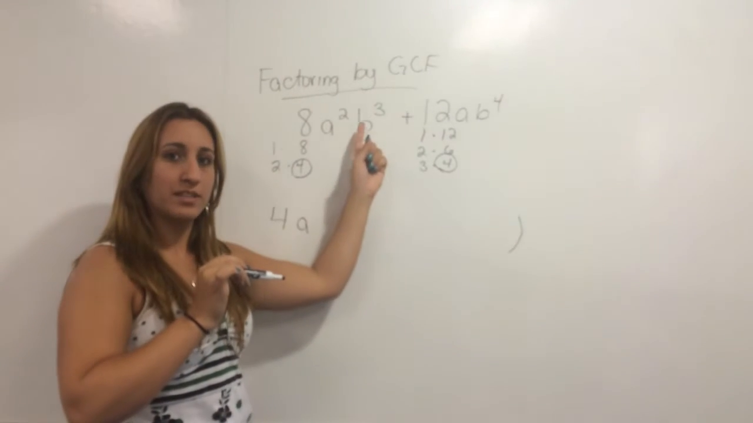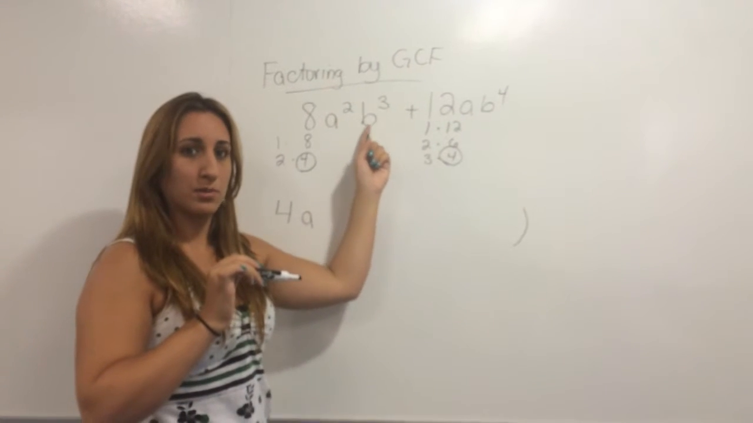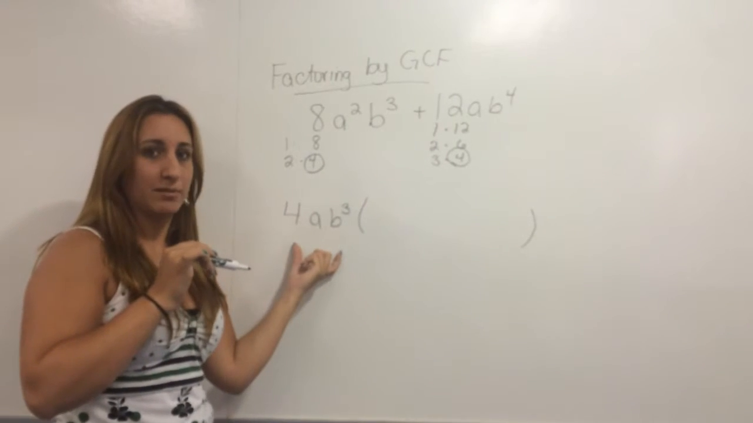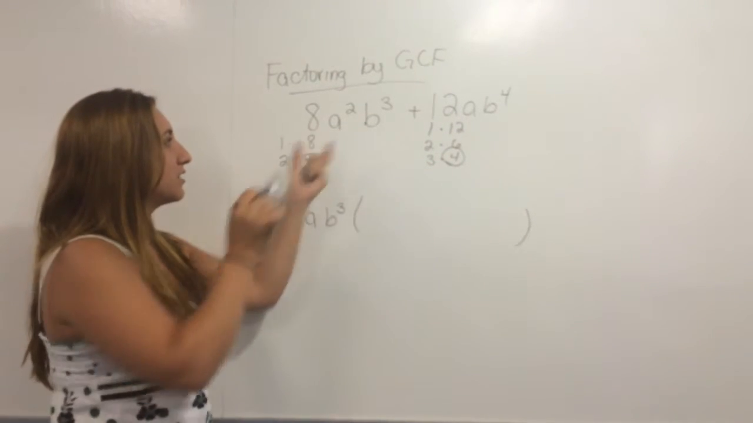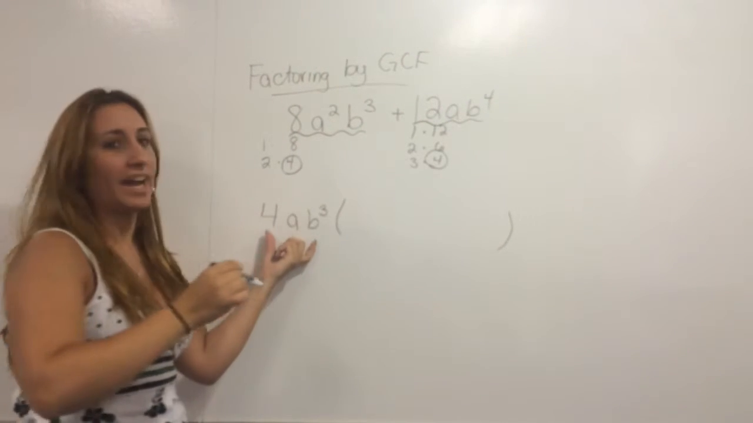And then we'll look at our b's. We have b to the third and b to the fourth. The smallest exponent is a 3, so we're going to take out b to the third. So that stays on the outside of our parenthesis. Now we're going to take each of the original terms, so this one, and we're going to divide out our